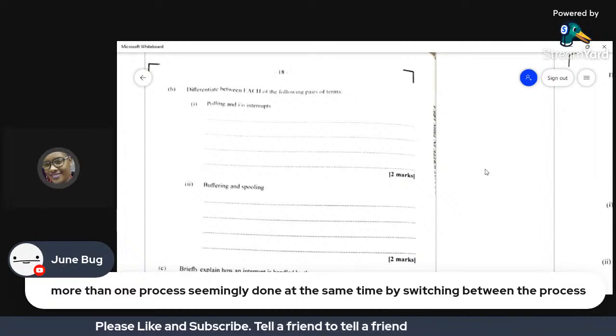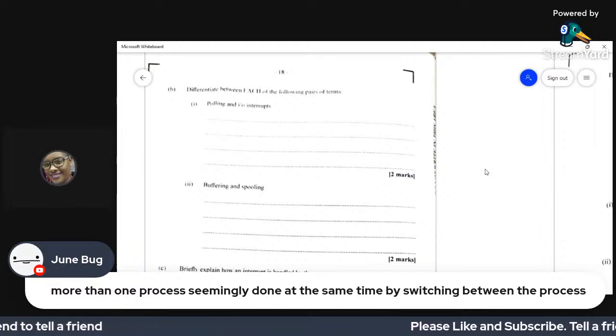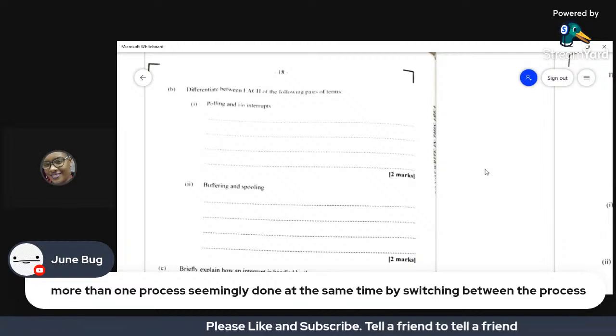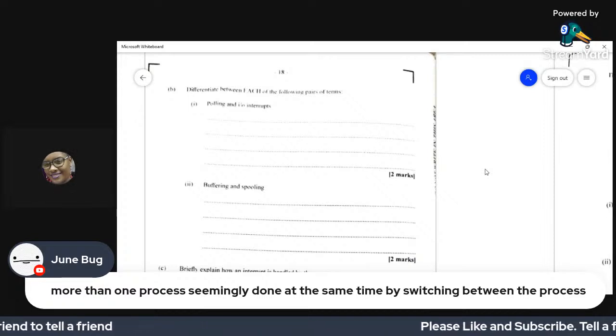All right, so polling is basically a CPU process that checks on the different devices that you have connected to it to see if they need any resources. That is it.